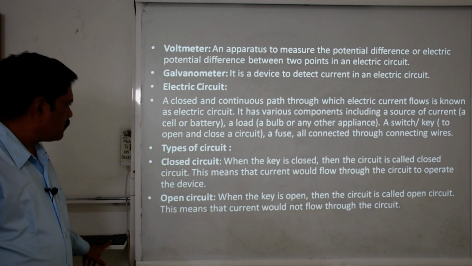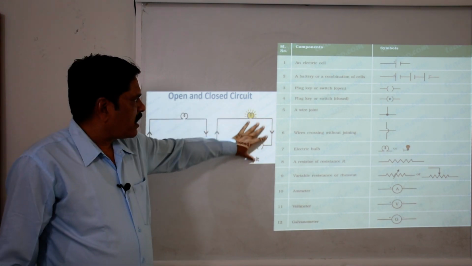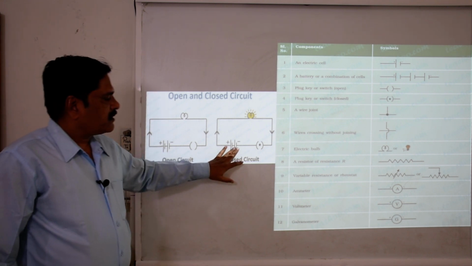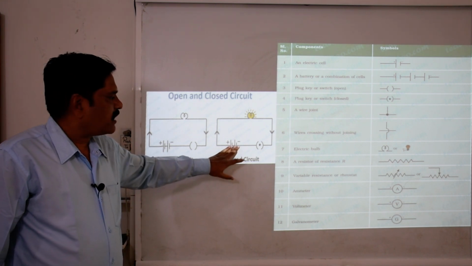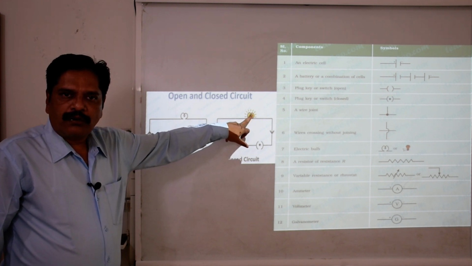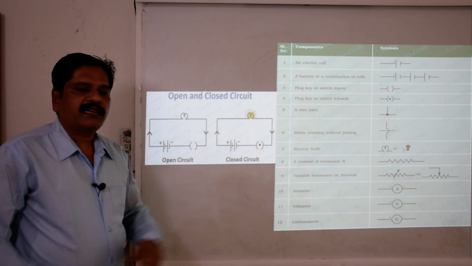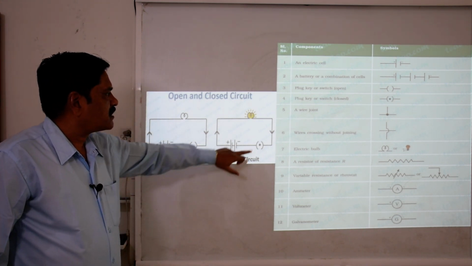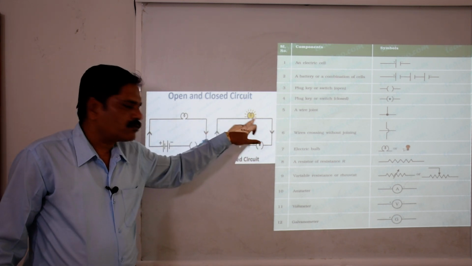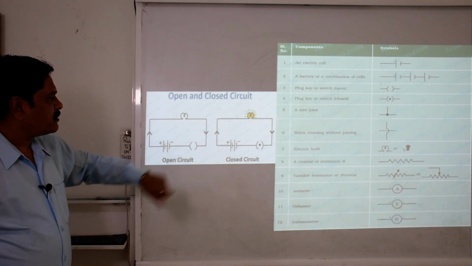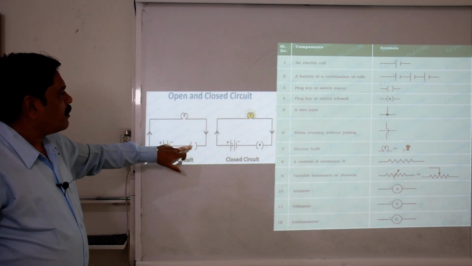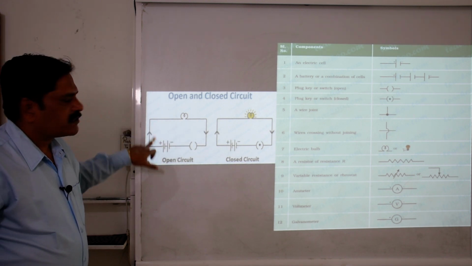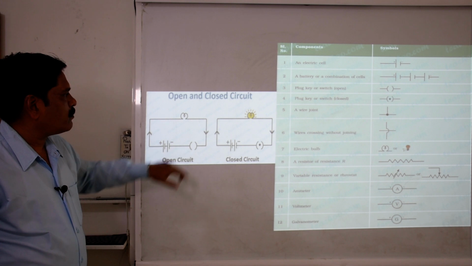Now, moving forward, these two diagrams are given. You can see that this is the open circuit and this is the closed circuit. As I told you, this is the source of electric current, that is the battery. This is the load, what we call here the bulb. This is the key, a one way key only. When you plug in the key, this will complete the circuit and this bulb will start to glow: the closed circuit. And when you remove or unplug the key, this bulb will stop glowing because now the circuit becomes discontinued. And this is the open circuit.